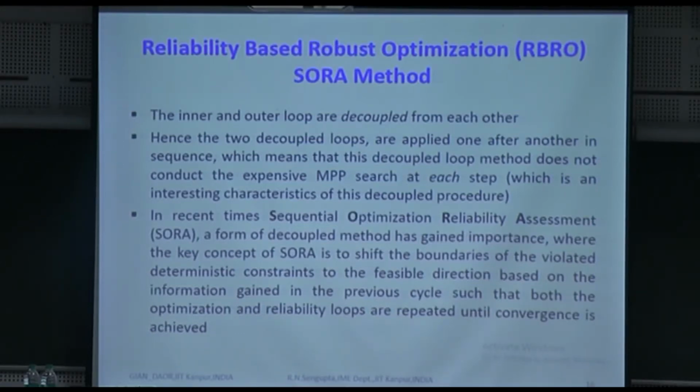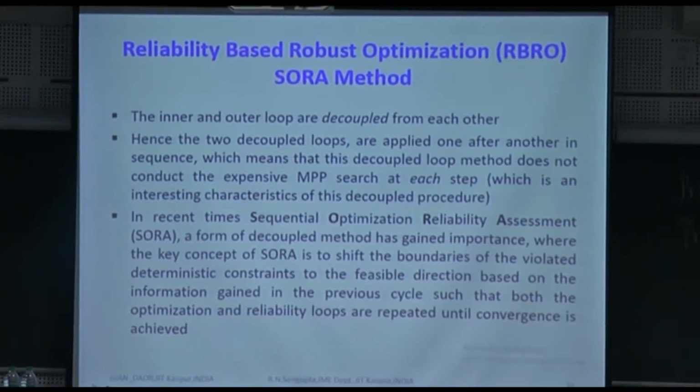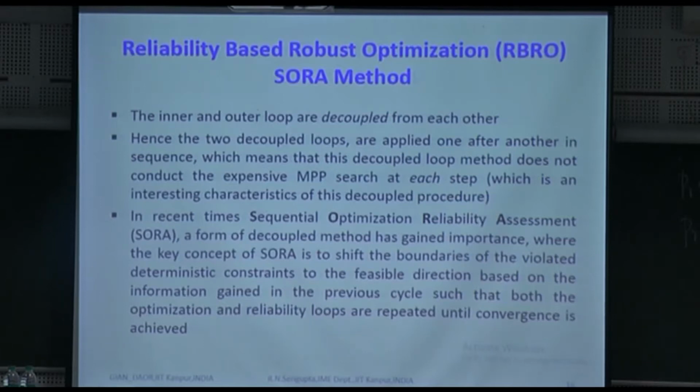Only once the optimization is reached in the X space, then you convert into U and do the optimization. Again, once you complete there, revert back, do the inverse mapping in X space, do optimization again, and then proceed. So these do not have to be run as concentric loops. You basically decouple them. Hence these two decoupled loops are applied one after the other in sequence, which means that